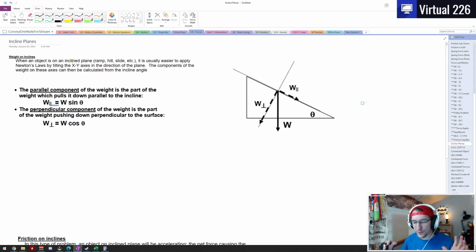Okay, so this might be one of my favorite topics in the world of physics, specifically mechanics. Inclined planes. They're hills, people. They're just slopes, but I love this idea. When we have something like a hill, a ramp, a slide, an inclined plane, we need to continue to